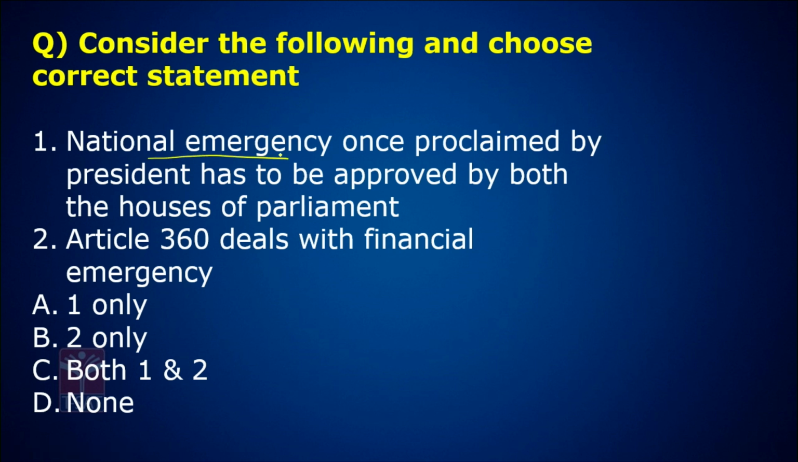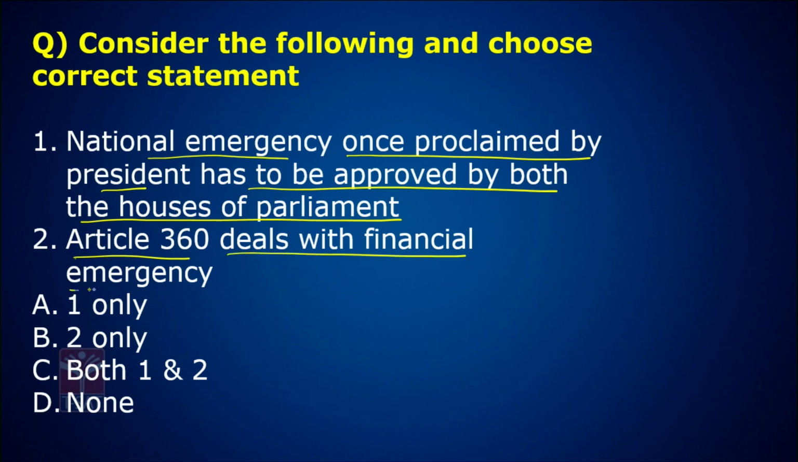National emergency, once proclaimed by the President, has to be approved by both the houses of the Parliament. Article 360 deals with financial emergency. Very easy question. Try to guess the answer. Let me explain this. After the proclamation of national emergency by the President of India, you need to understand